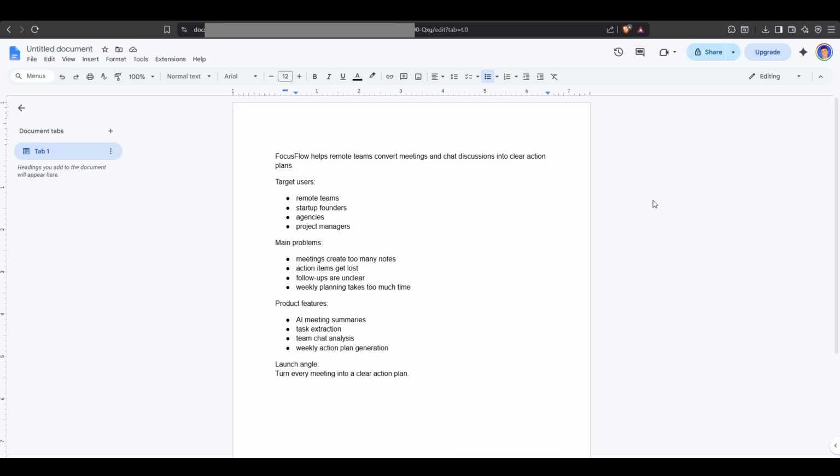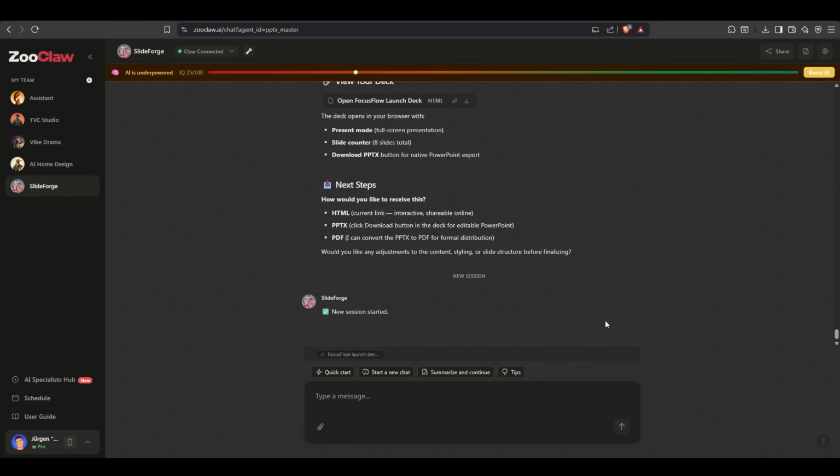ZooClaw also can convert Google Doc files into presentations and full decks. Like this one here, we have target users, the remote team, startup founders, main problems of meeting, create too many notes. Product features, AI meeting summarizer, task extractions, team chat analysis, and the launch angle, turn every meeting into a clear action plan. Go back to ZooClaw AI,